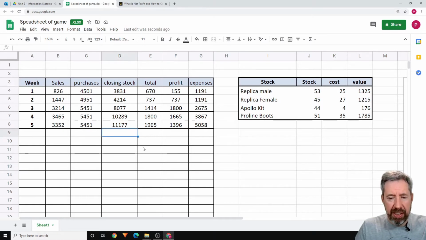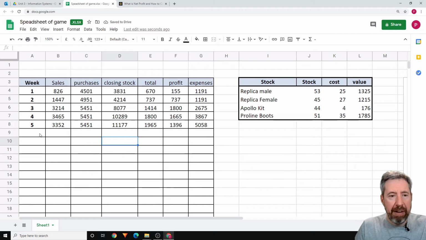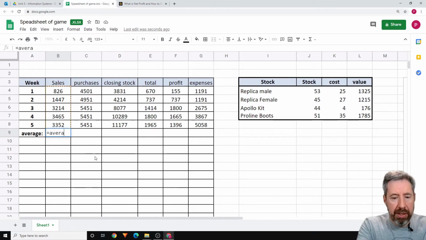And we can do other calculations, like we can do sum, which will add a whole list together. So that's the total. So we could put total like that. So you can do things like that. You can also find your average. So say we want the average sales here. We can type equals and start typing average. So equals average, it's not coming up for some reason, and then select the average and it will give me